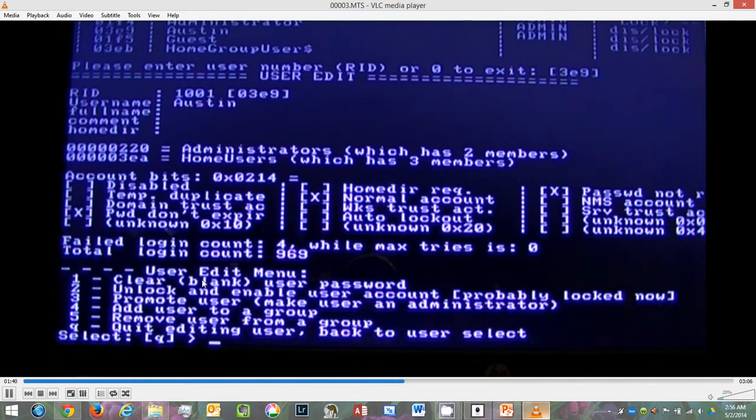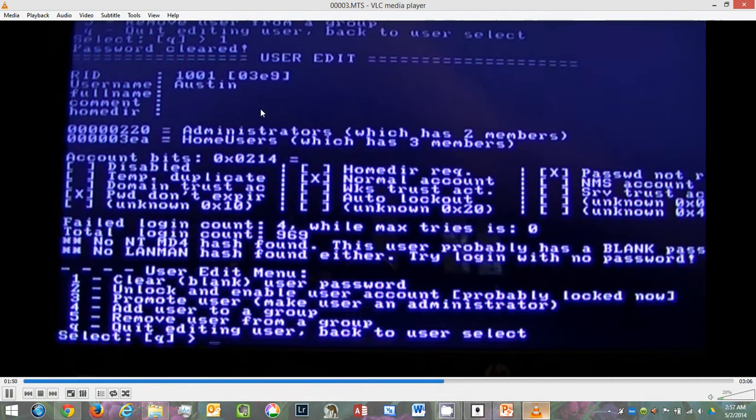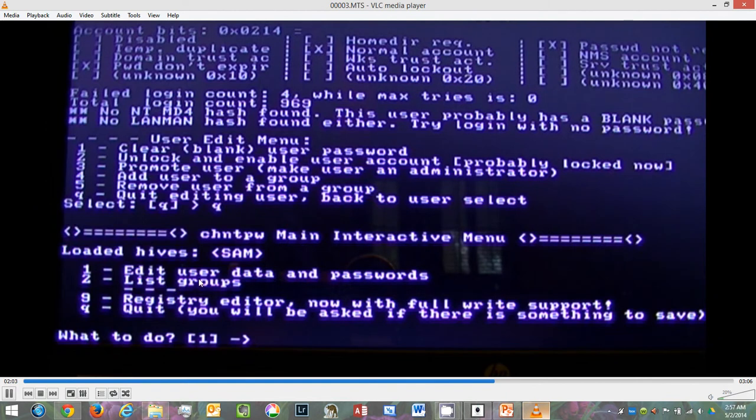Here the next step is to clear it. Clear blank the user password, number 1. Put a 1 in here, enter. It'll go in and clear that password out. And once it's done that, basically it will ask you if you need to do anything else. All you do is enter Q for quit, and the program will